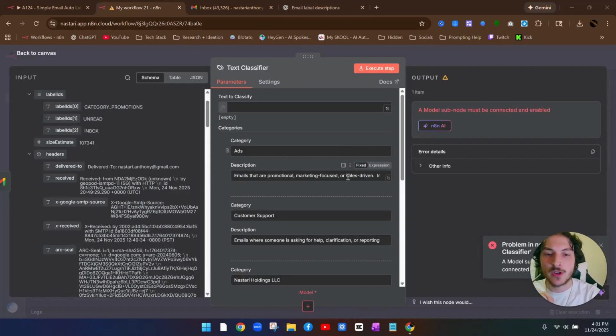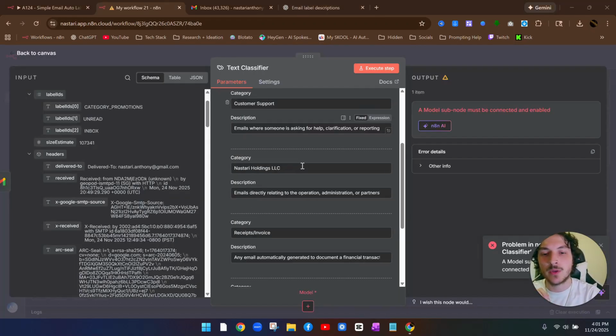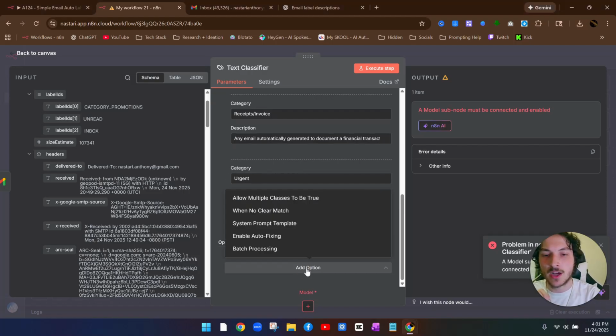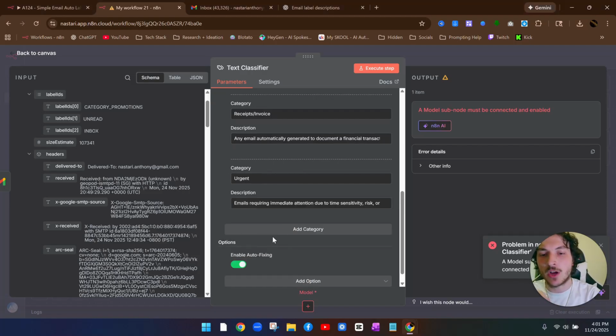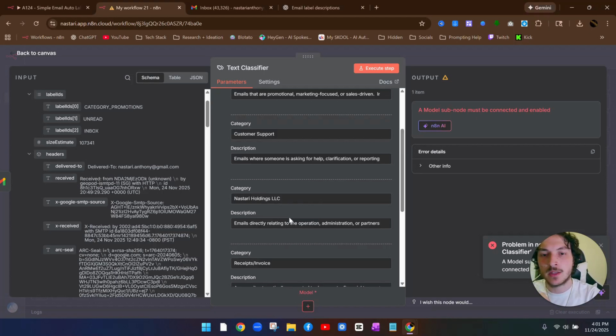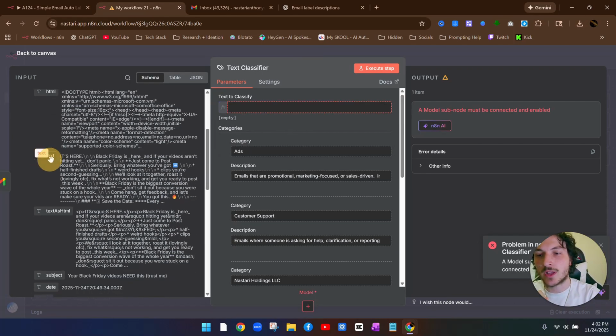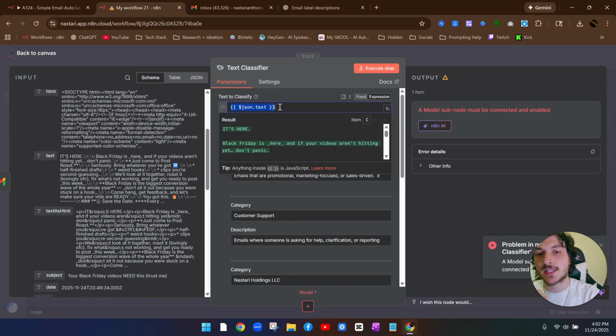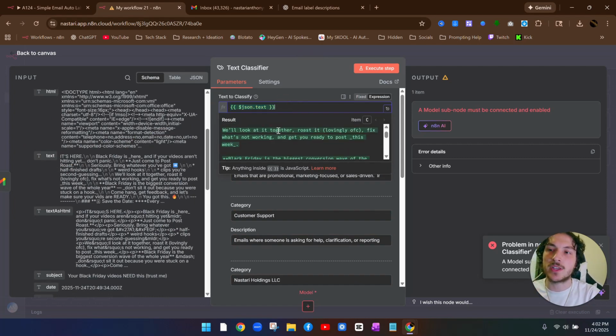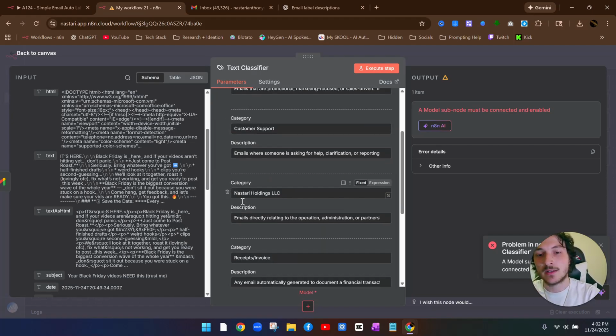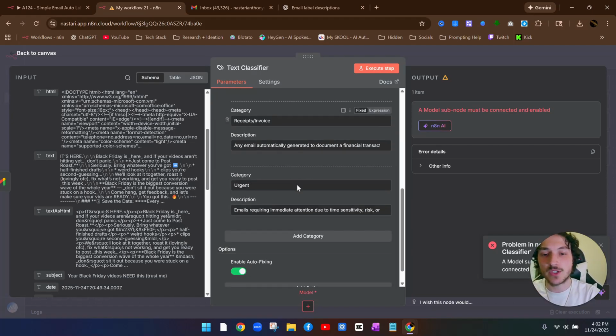Okay, so once you have all your descriptions filled out for each category, what you want to do is scroll all the way down under add option, and we want to enable this auto fixing. Make sure that's toggled on, and then scroll all the way up, and under text to classify, if we come over here on this left side panel and click right there, scroll down, we're going to want to grab that email text. So this is the text from the most recent email, and this is what we're going to feed into the AI so it can read through it and determine whether it's customer support, ads, business related, receipt or invoice related,